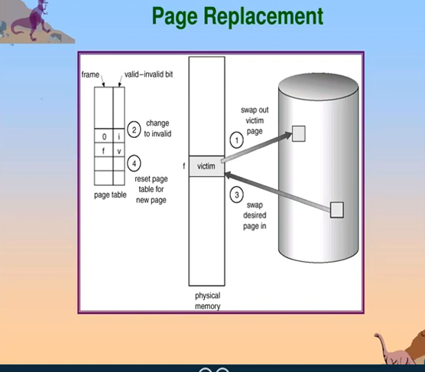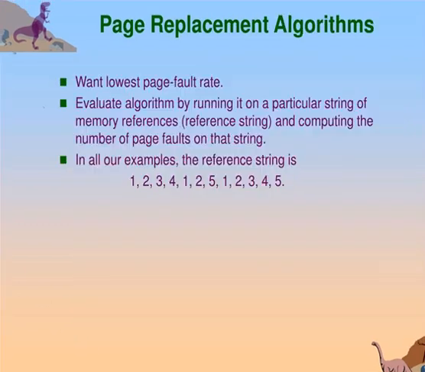If the modify bit is not set, the page has not been modified since it was read into memory. Therefore, if the copy of the page on the disk has not been overwritten by some other page, for example, then we can avoid writing the memory page to the disk. It is already there. Page replacement is basic to demand paging. It completes the separation between logical memory and physical memory. With this mechanism, an enormous virtual memory can be provided for programmers on a smaller physical memory.